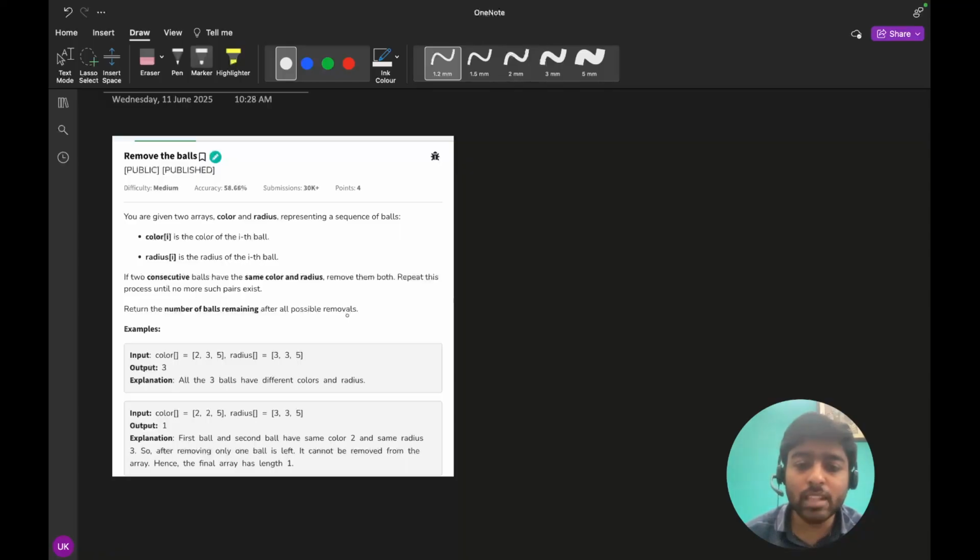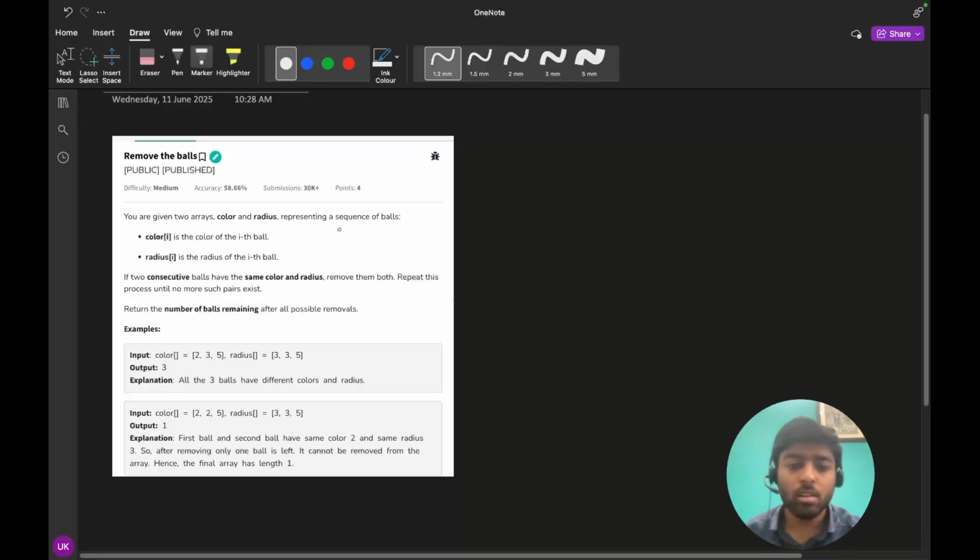So what the question is saying is that they will give you a color array, 2, 3, 5, and they will also give you a radius array.